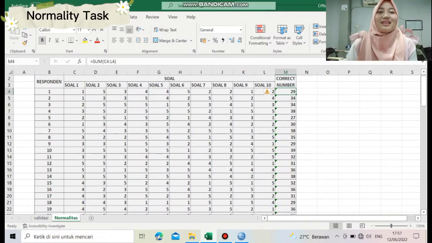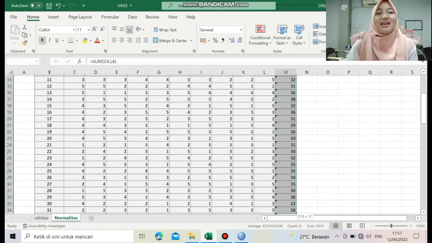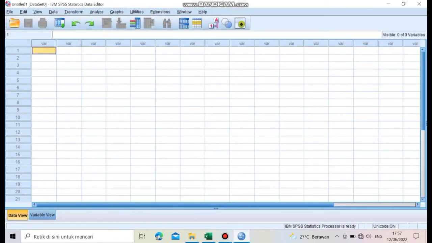For the normality test, we have two data, namely X and Y. We copy the total of X and Y data and then move it to SPSS.